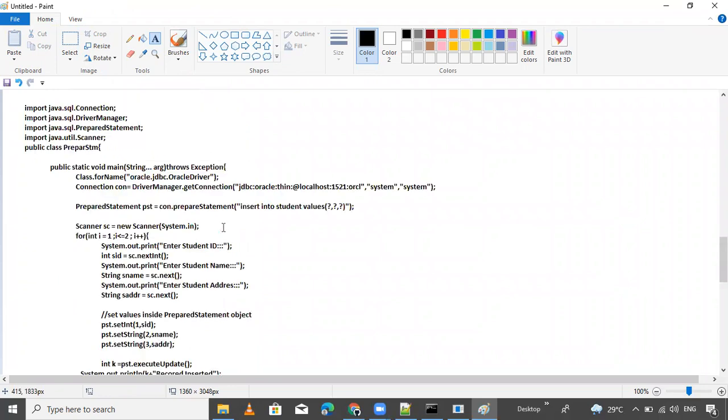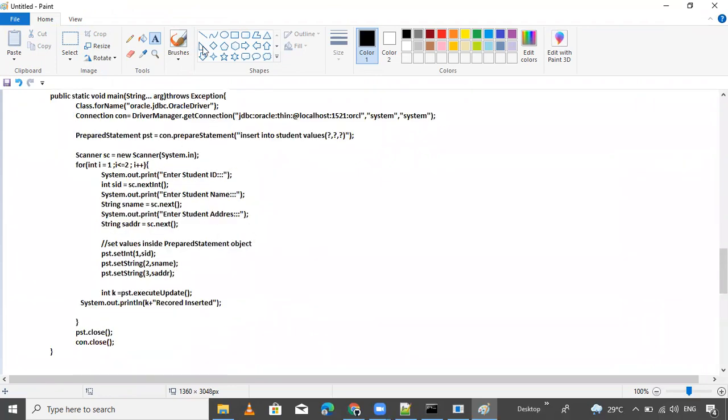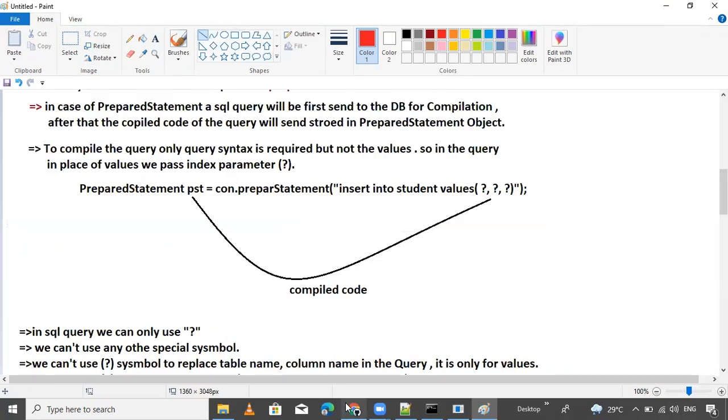This is the code here. So we'll go and collect this. Here is the statement, the prepared statement, I'm highlighting it. So this is the prepared statement. This is for the scanner. In this example I am using Scanner. Another example, this is the prepared statement, and this is the logic for all these things. So we will get this example.